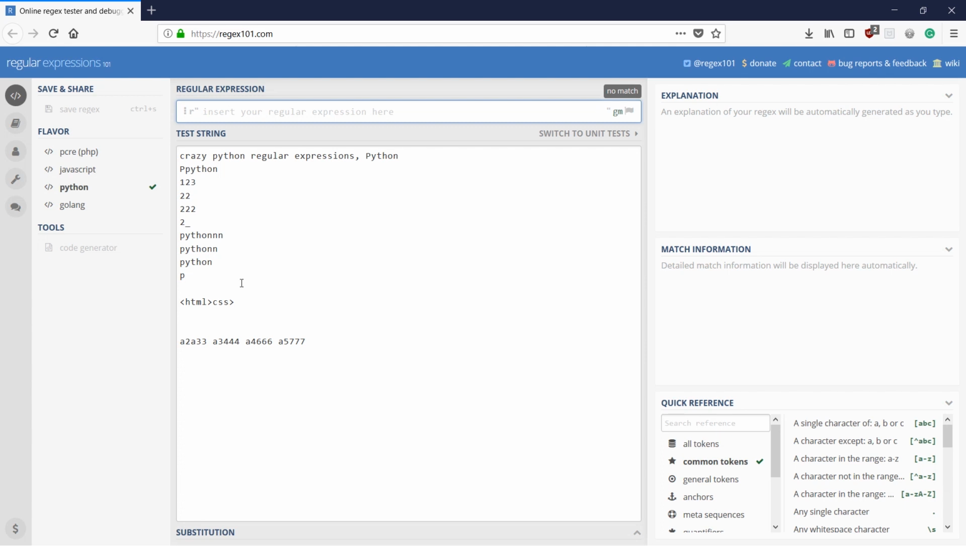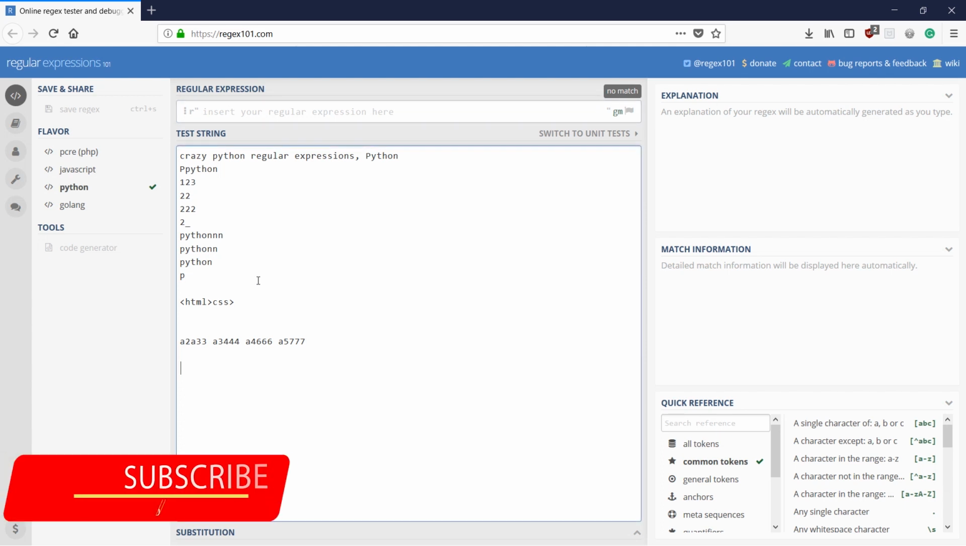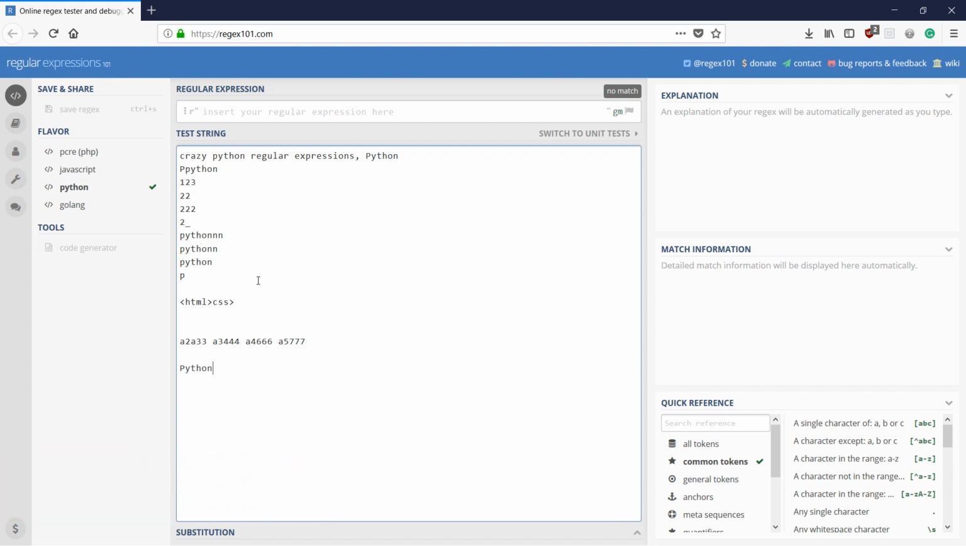For example, let's just consider that you would want to use Python and Pony. If you would like to match this, you could of course do it in plenty of other ways, but since we want to demonstrate a back reference, the way this is going to be done is probably by using